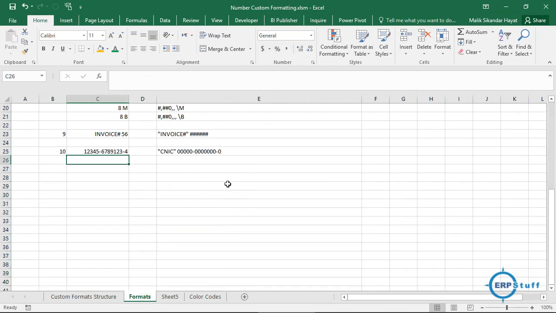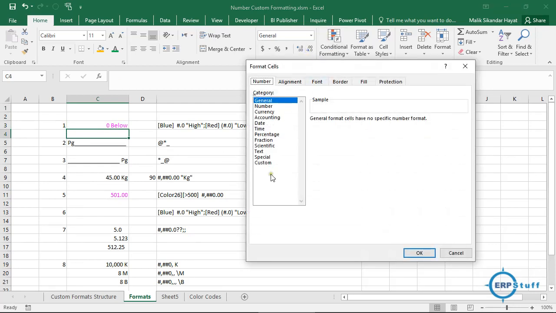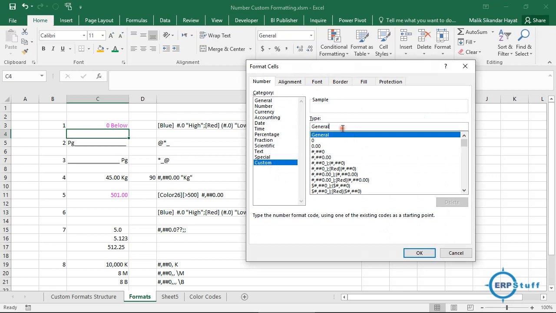Let's say, for example, let me give you an example where I will put just colors right here. Going here, custom, I will remove this general, okay, sorry, right. Now I will give whatever I want. So I am saying my first is positive number.